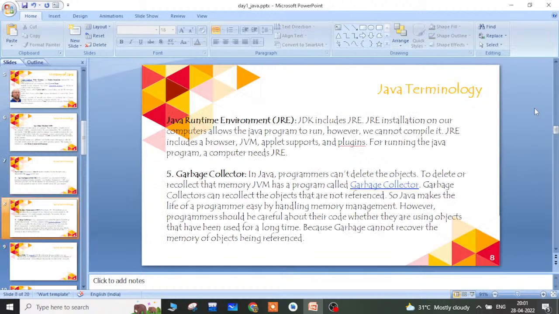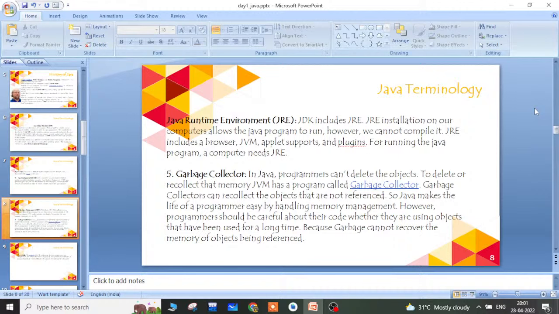And then JRE, which is the Java Runtime Environment. When you install the JDK, along with it the JRE is also installed on our computer, which gives the programmer a running environment to run Java programs. The JRE cannot be used for compilation, but it includes an environment, that is a browser or Java virtual machine, and it provides support for applets and the plugins provided in Java programming.